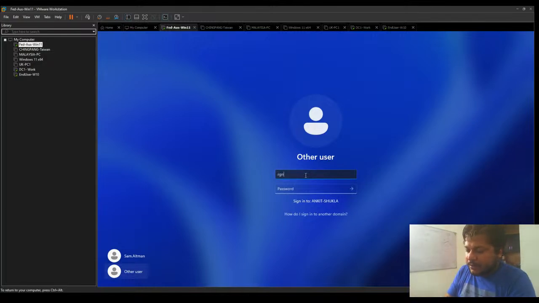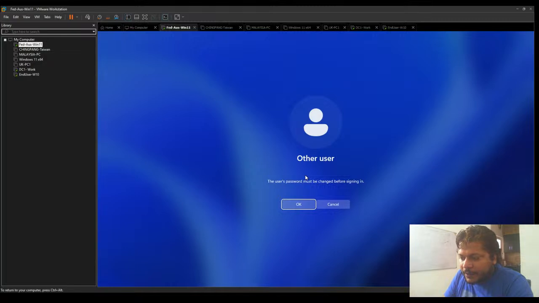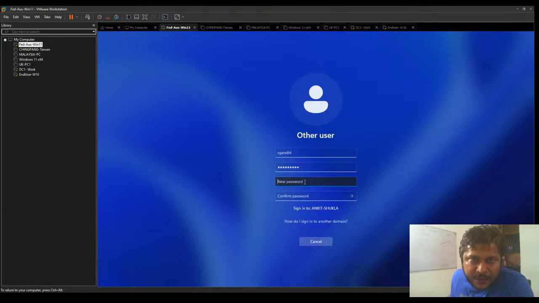So that was R Gandhi, and then I'm going to enter the password that my system administrator gave me. I'm going to click on OK, and as you can see on the screen, it says the password must be changed before the first sign-in. The system admin defined that whatever the temporary password is, the user has to change it at the first login.